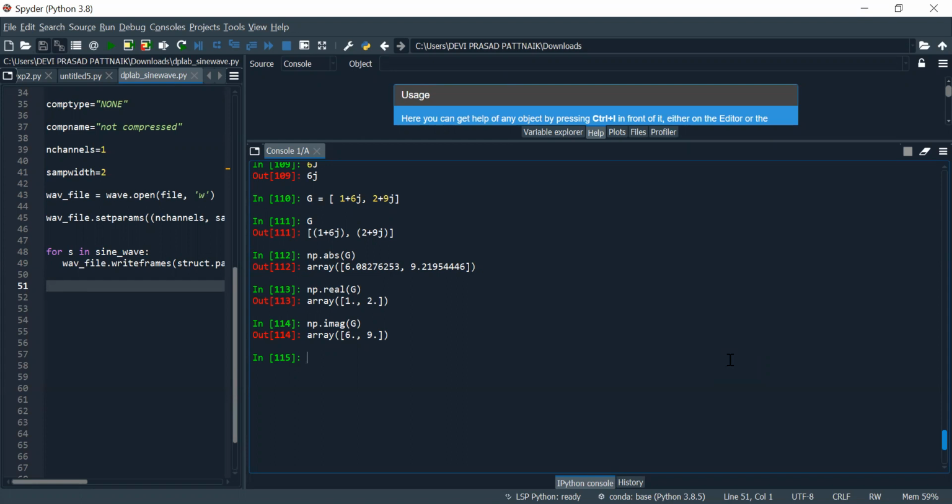The other real variable is multiplied with j. The imaginary part can be extracted using np.imag.